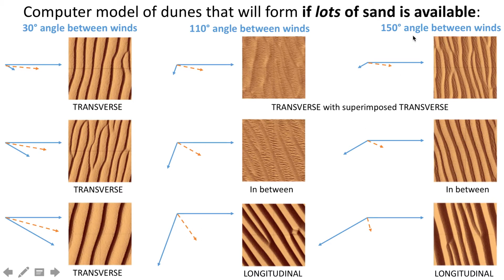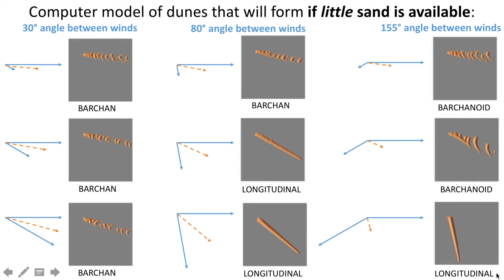And then when we go even further to a much higher angle between winds, we then get transverse dunes with superimposed transverse dunes, something that's sort of in between here. And then over here we get longitudinal dunes. Now, if we take pretty much the same angles and the same relative wind strengths, but now we say, well,